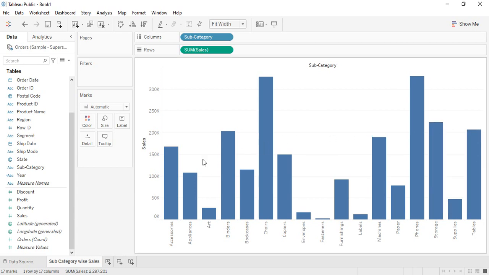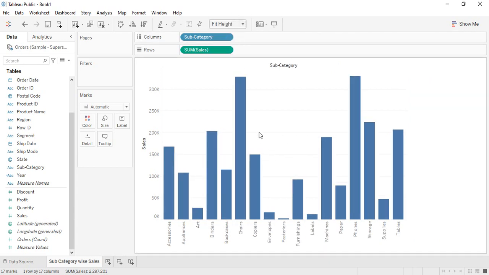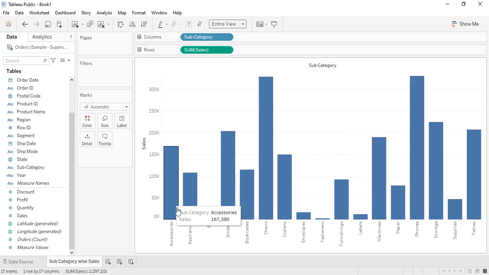So now your visualization will take up the whole width. If you don't want Fit Width, you can go for the Fit Height option, that would take up the whole vertical space. But if you want both Fit Width and Fit Height, you can go with the Entire View option, so it would take up the whole screen and it would be easier for you to understand the visualization in this way if you're working with it.